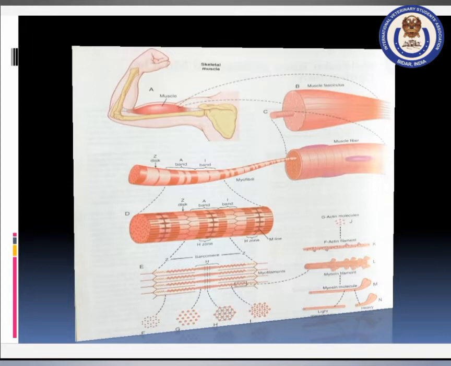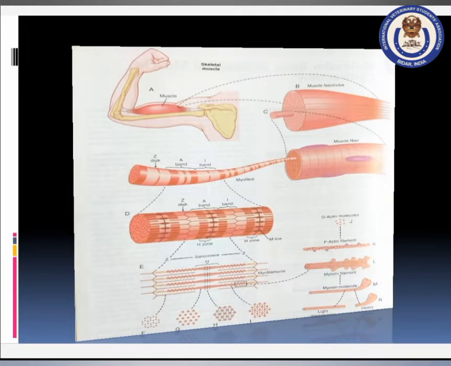Some of the cell organelles are differently named in the muscle cell. That is, cytoplasm is called sarcoplasm, cell membrane is called sarcolemma, endoplasmic reticulum is called sarcoplasmic reticulum, and mitochondria are called sarcosomes in the muscles. The two important proteins in the muscles are actin and myosin. The light bands contain actin and are called I band or isotropic band, which is thin, so it is also called thin filaments. Whereas the dark bands, called A or anisotropic, contain myosin. It is thick and is also called thick filaments.